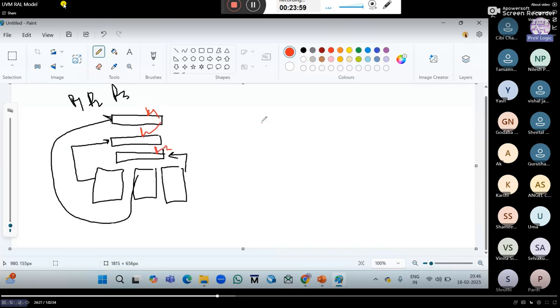In the same way, suppose you are creating a test bench. In the test bench, you need to create this R1, R2, R3. Three different fields you need to create: register 1, register 2, register 3.